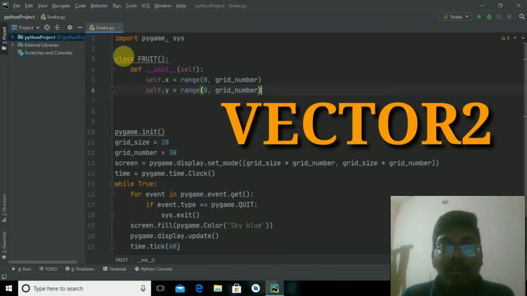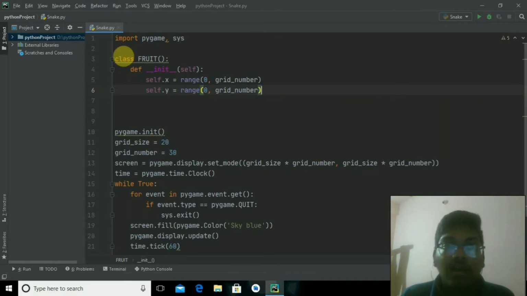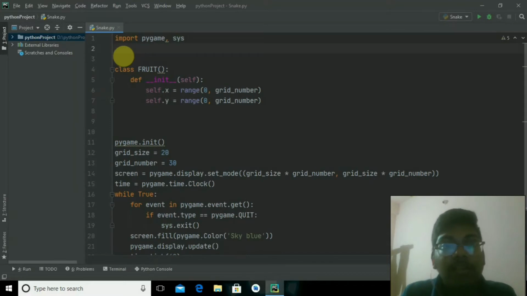If I am adding 1 to the x-axis, I have to write A0 plus 1 equals something. Then I have to keep the y-axis constant, so I have to write A1 equals 1, which makes it much more difficult. So using Vector2D, we can simply do our vector addition. So